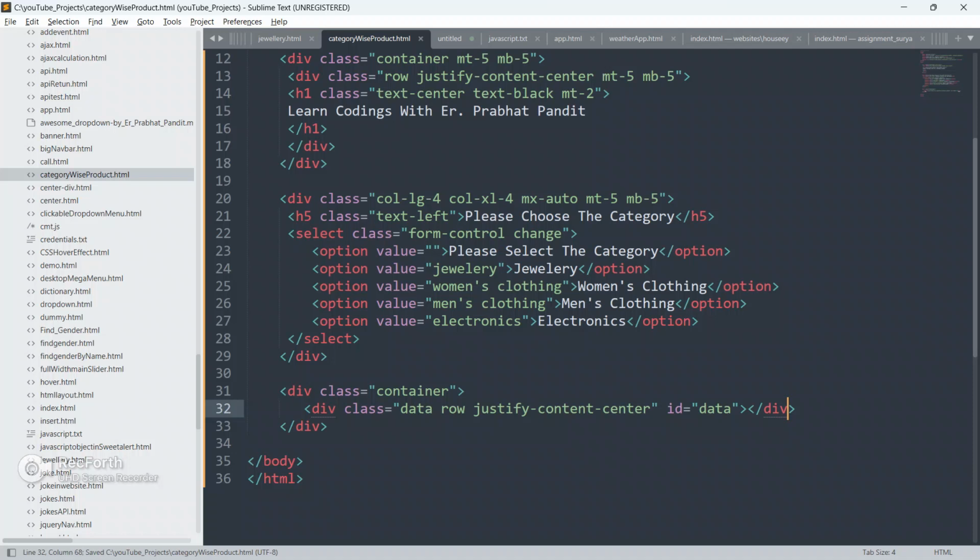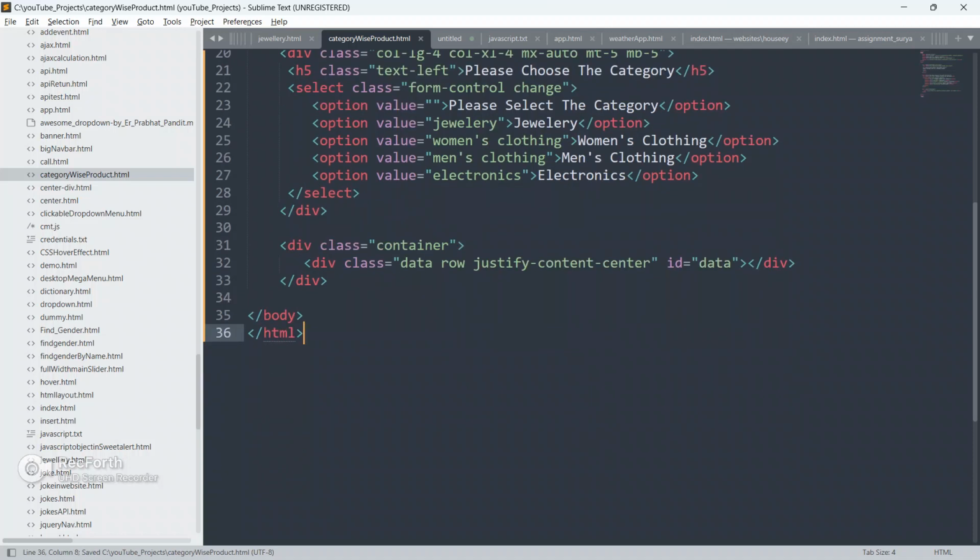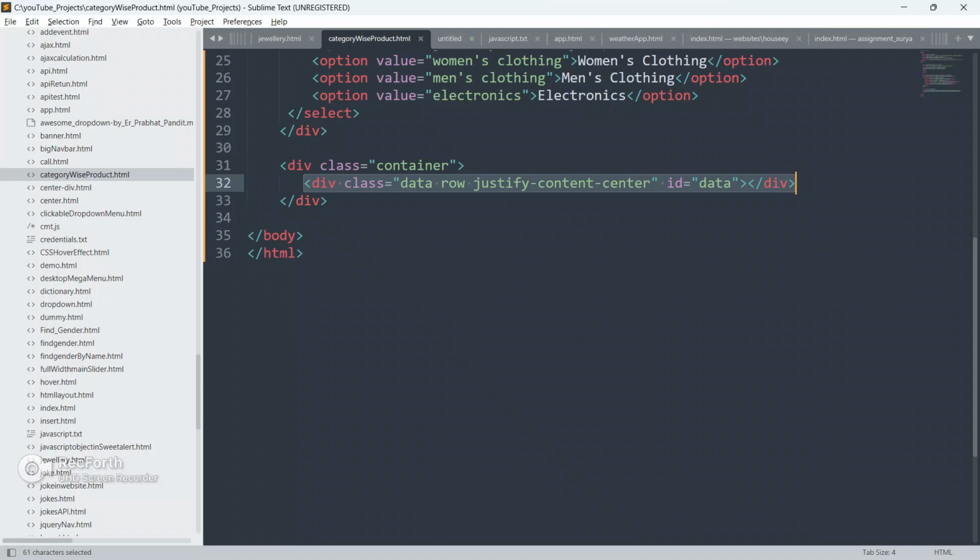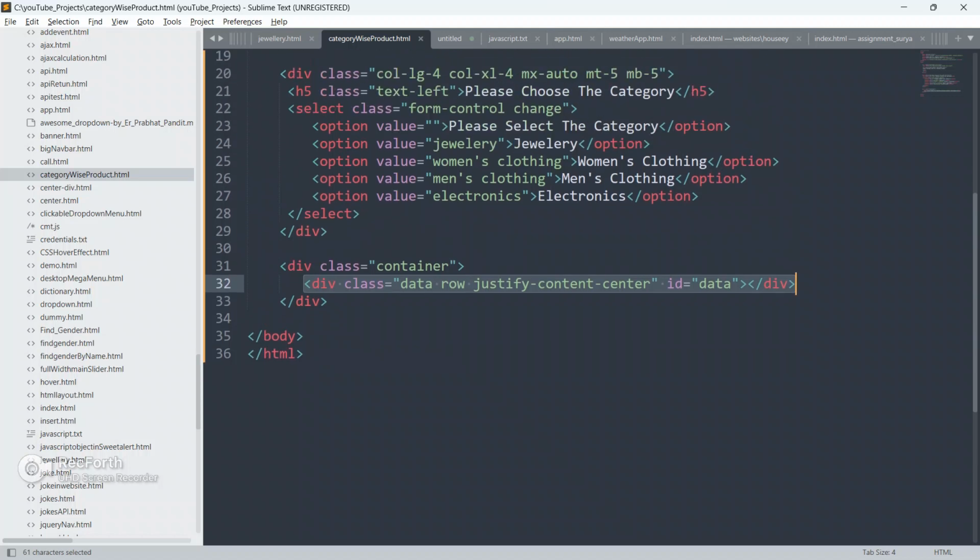Okay, so close this div now. In this div, guys, we are going to place content dynamically using JavaScript. Remember one thing, I have given this div because we are going to place content dynamically here in this div using JavaScript.